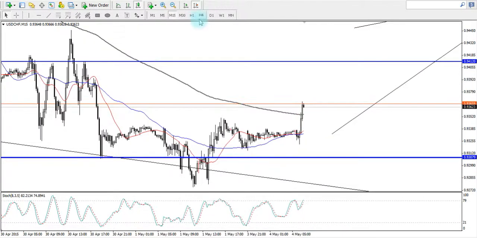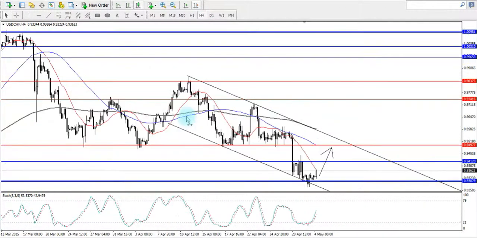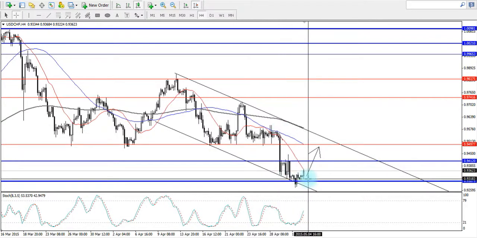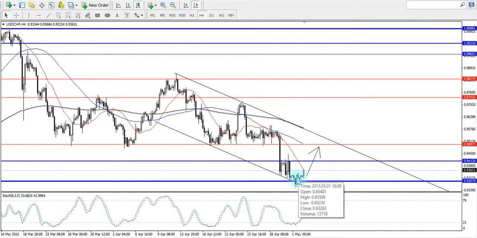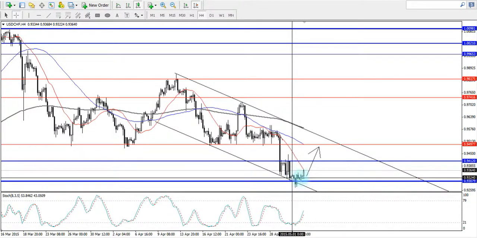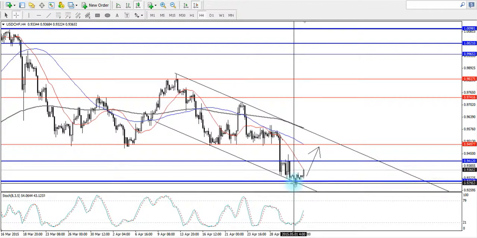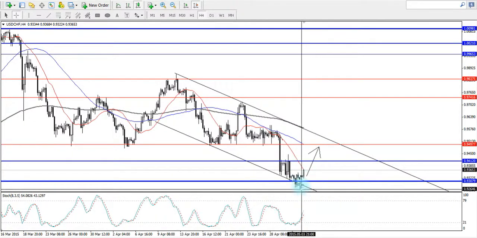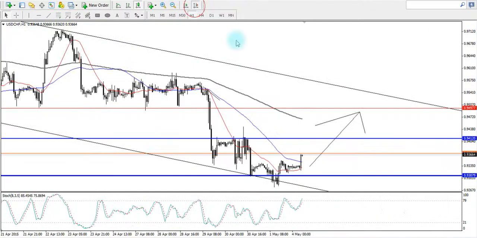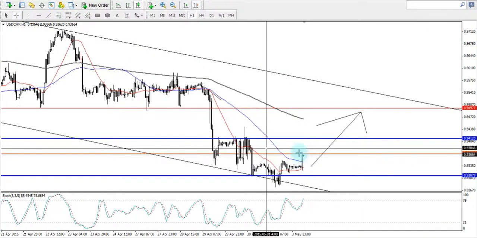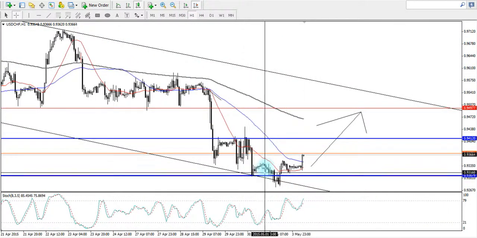Next, we have the dollar against the Swiss franc. Price has continued to fall further, but right now it has been supported at the bottom of a falling trend channel. It has made a few attempts to break lower, and then it started to rebound off the key support level at the price of 0.9307, Fibonacci measure 161.8%. As you can see right now, if you zoom into the smaller time frame, we are already seeing price beginning to appreciate after a very